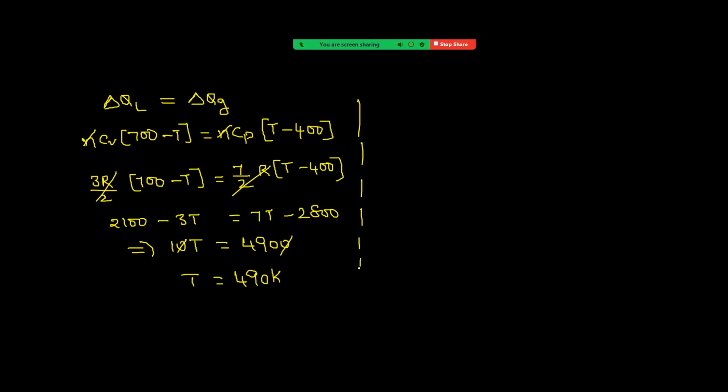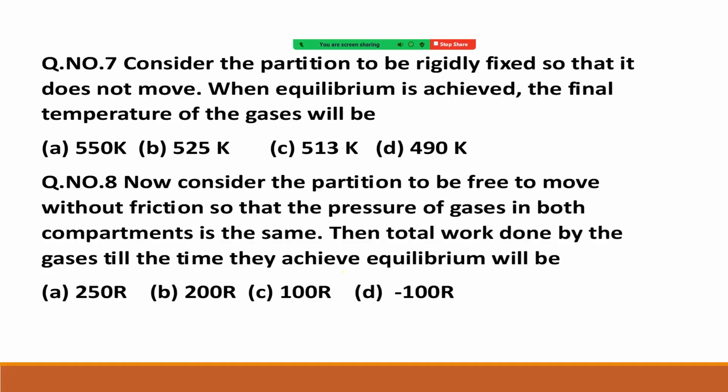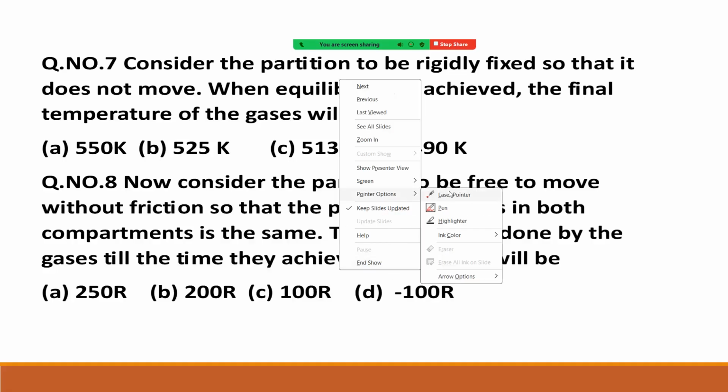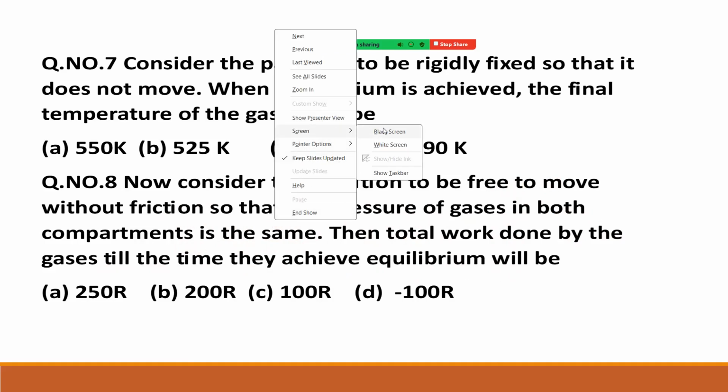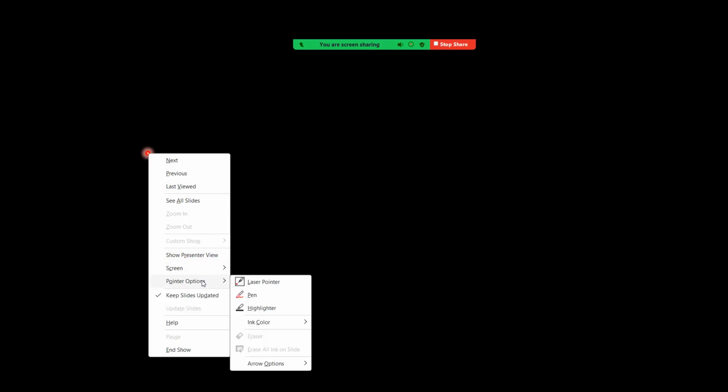The next question is, now consider the partition to be free to move without friction, so that the pressure of gases in both compartments is the same. Then the total work done by the gases till the time they achieve equilibrium will be. See how we are starting this problem. Almost the same as the previous one, the only change is,